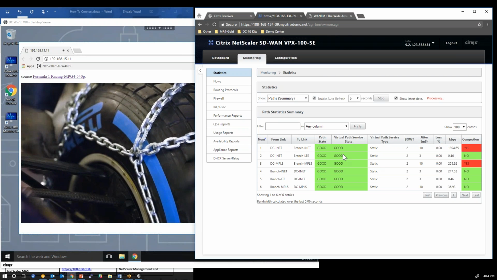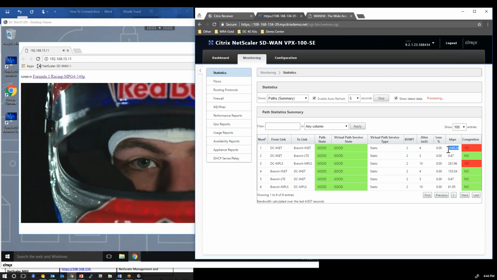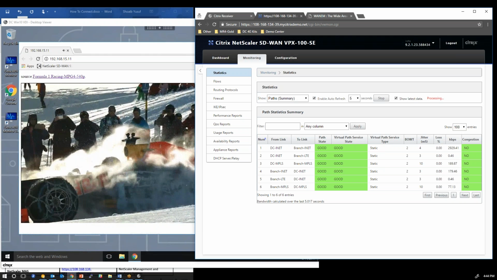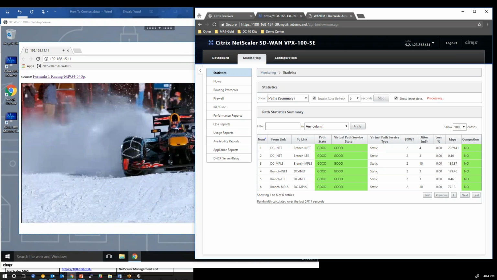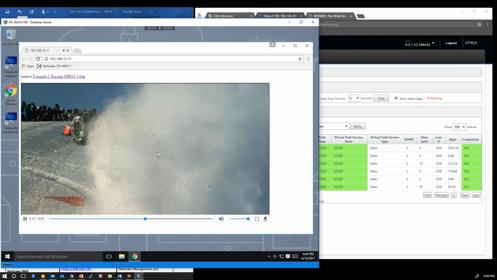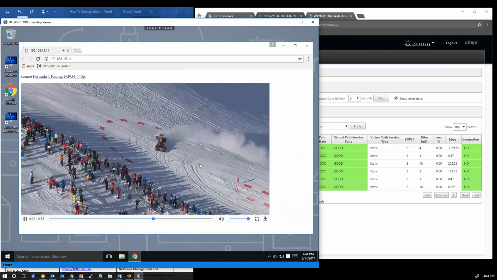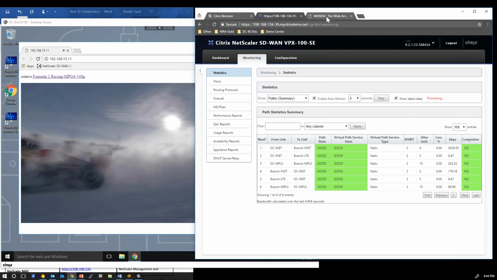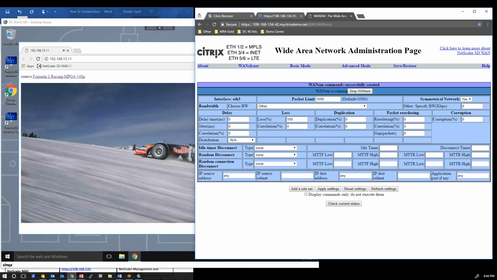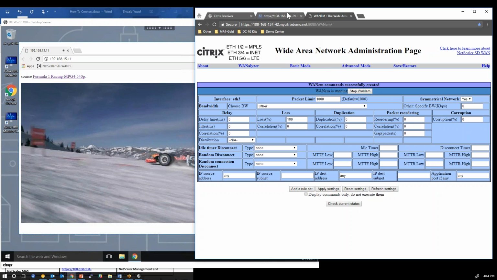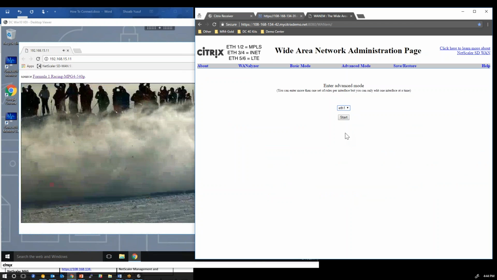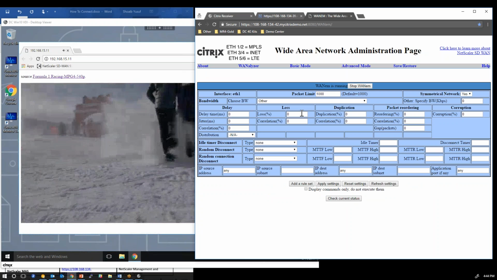From our usage perspective, we're seeing about 2.5 meg being delivered across the internet WAN link, and we're seeing about 200 kilobits per second being delivered across the MPLS link for this single session. So this shows the true link aggregation capability. Now let's show the link of last resort. If we kick that internet link off, and we go in and we kick the MPLS link to 100% loss,